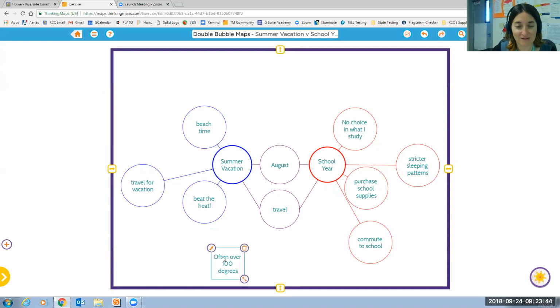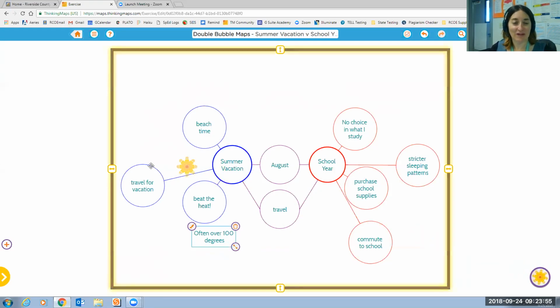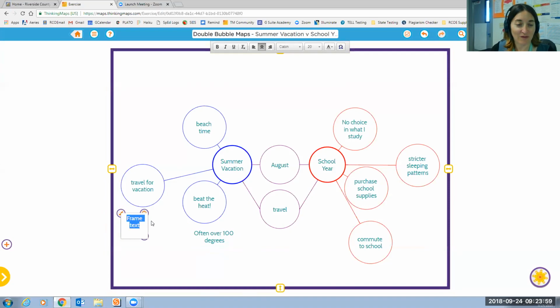So that is an example or evidence to support why we have to beat that heat. Ugh, not fun in the summer, right? Travel for vacation. Let's see, what could I put for that? Okay, I'm going to put that in my frame of reference here, and I'm going to say that